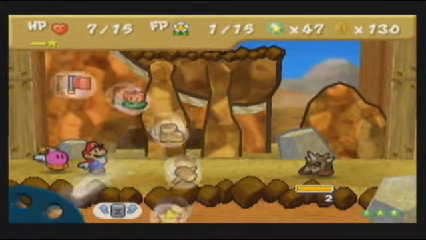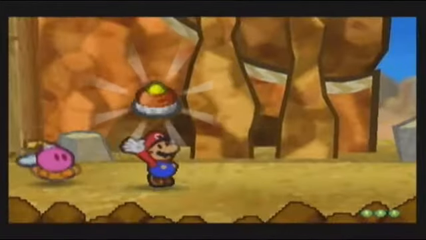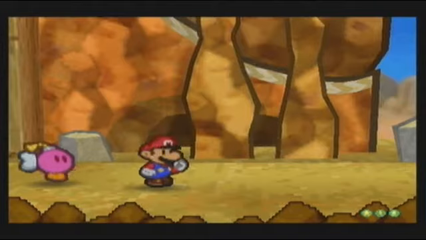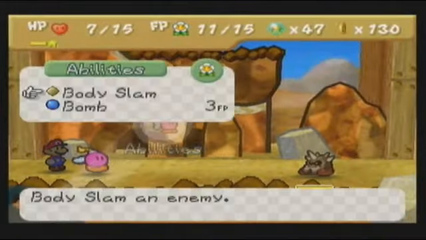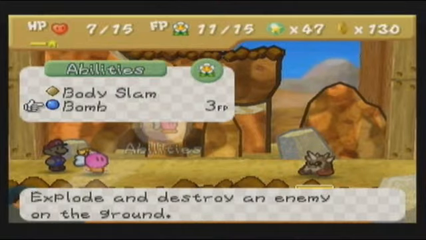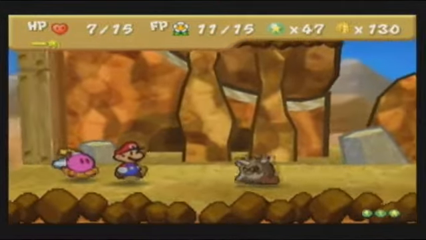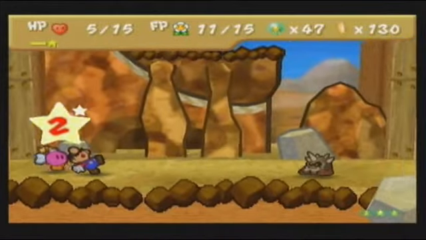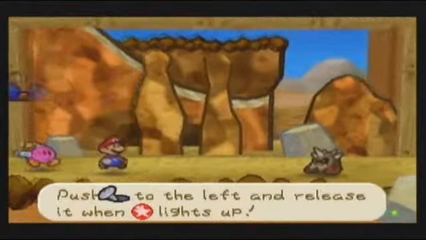So what I'll do is I'll use a nutty cake, and then I'll blow him up with Bombette, even though, is that a waste of FP? I don't know. That damage dodge badge, I loved it. Well, it costs 1 more, so we'll just do nothing. See, 2. That would have done 0 with the damage dodge. But,